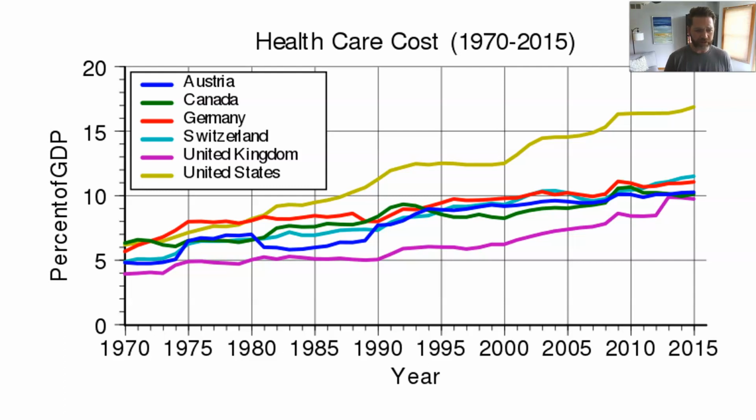So if we go back to 1970 and we're comparing the US, the United Kingdom, Germany, Switzerland, Canada, Austria, and so on, right, most of the percent GDP in 1970 is around 4 to 6%. So it's a pretty tight range there. And as we fast forward towards more recent times, we see the US become an outlier in the 90s and keep rising up. There's a bit of a plateau that we start to hit with implementation of the Affordable Care Act. One of the goals of the Affordable Care Act was to reduce costs. It has done that somewhat, but even with the Affordable Care Act, our healthcare costs are still increasing at a higher rate than these other countries.